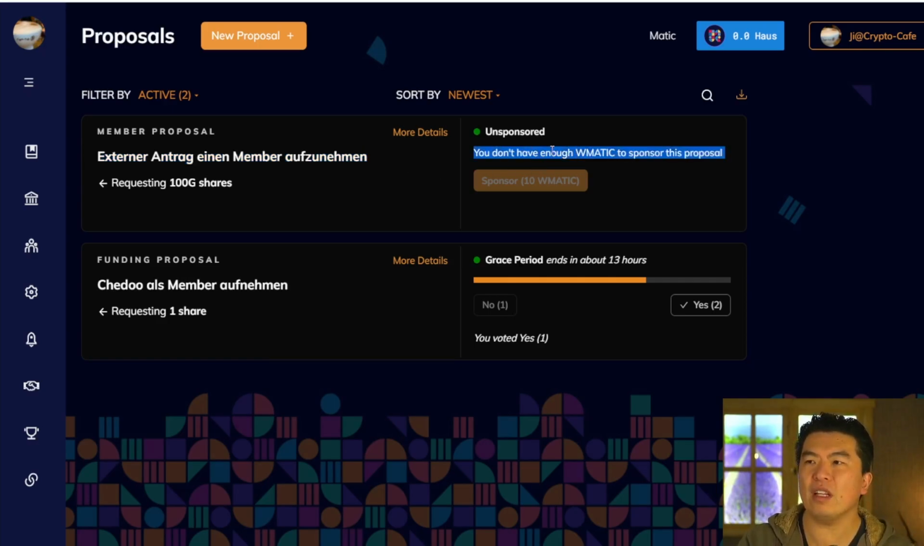the voting. And if this voting goes through, like here, which we tried out, it's 2 yes against 1 no, so the grace period ends in 13 hours, and after this ends, the money of the sponsor who sponsored this proposal would go back to the person who sponsored it. It's a nice idea, I think, and but still, as you see, this one was proposed by someone outside of